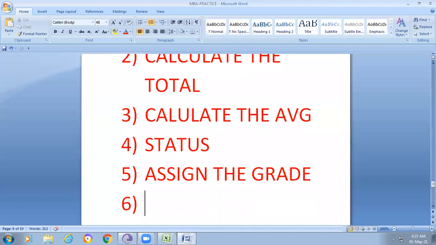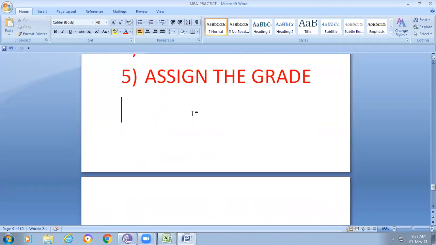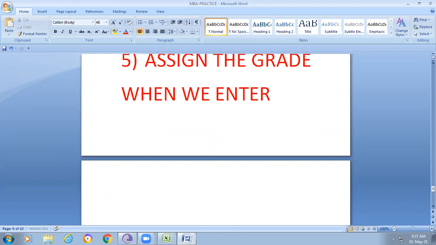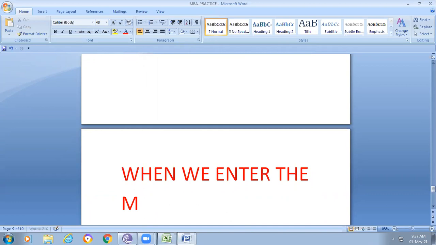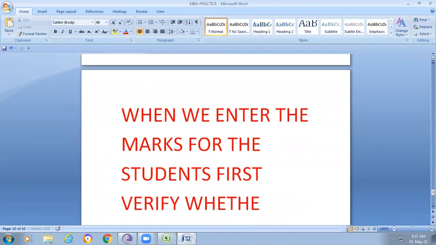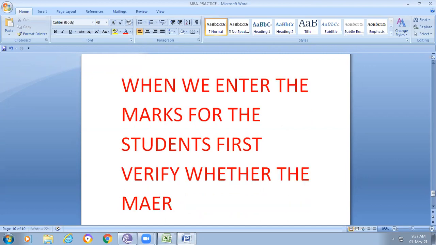Okay. So how are we doing this? First of all, when we enter the marks for the students, first verify whether the marks are greater than or equal to 40 or not.